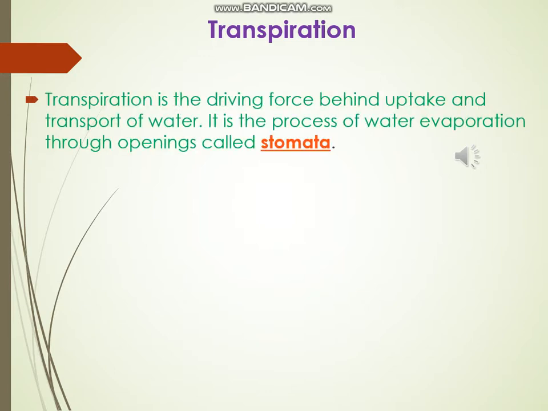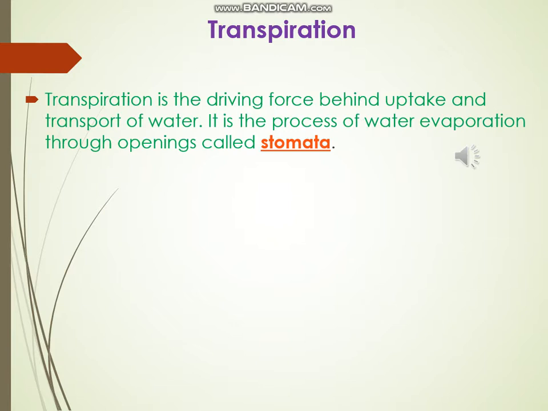It is the process of water evaporation through openings called stomata. This creates a pull by replacing the water that has evaporated. This pull in the xylem tissue extends all the way down due to the cohesive forces. This negative water pressure that occurs in the root will eventually result in an increase of water uptake from the